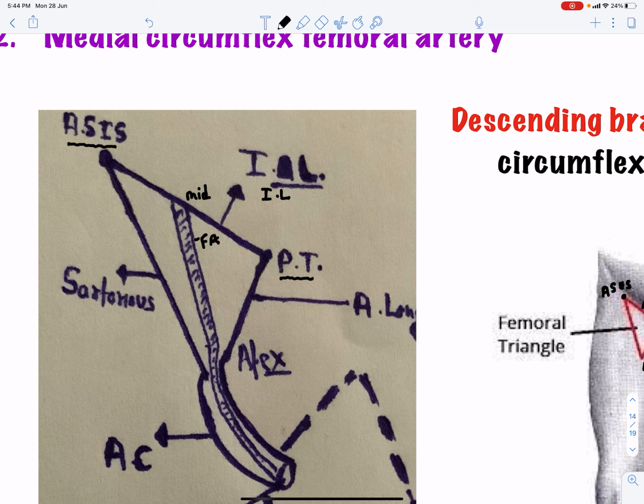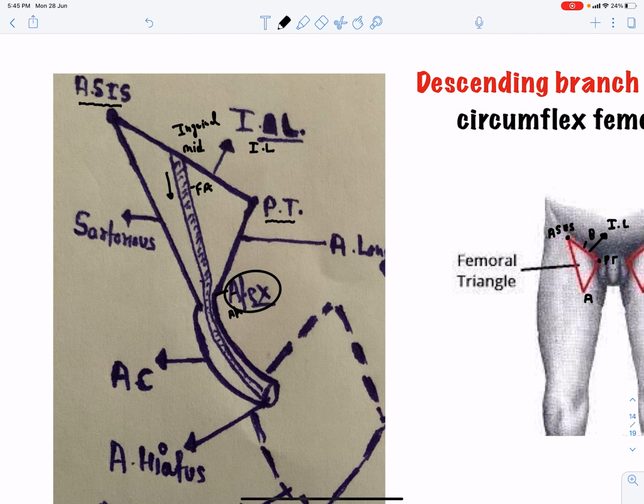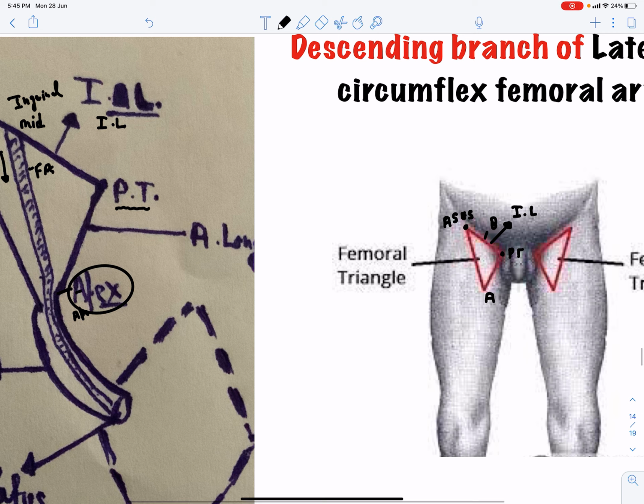to the apex, because downside here we have the apex. This is the apex of our femoral triangle. So it runs downward. So the femoral artery extends from the mid-inguinal point to the apex of the femoral triangle. And the apex of the femoral triangle is directly downward as well as medially. See, the apex is directly downward as well as toward the medial side, this side, medial side.